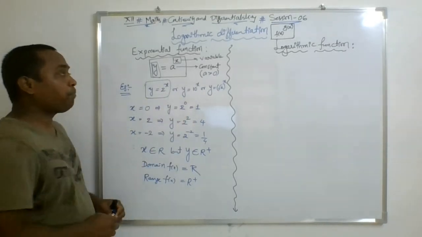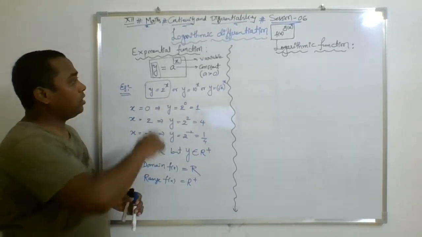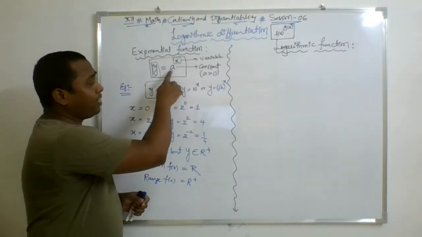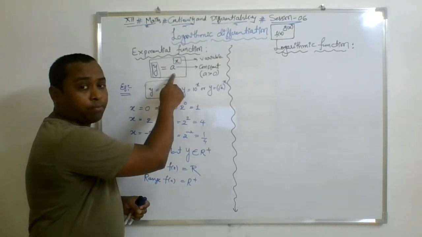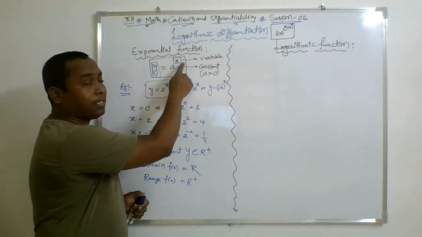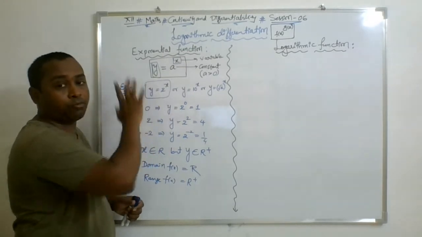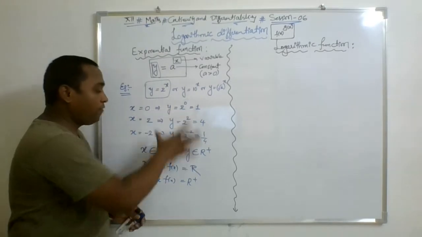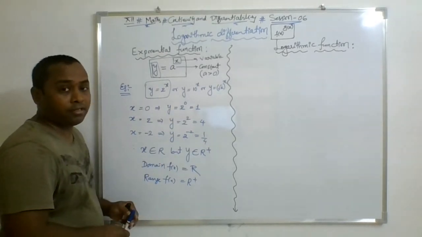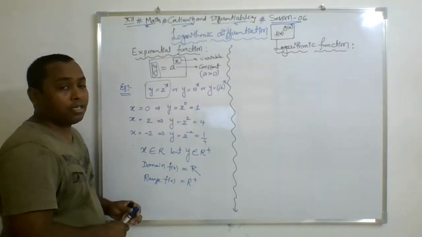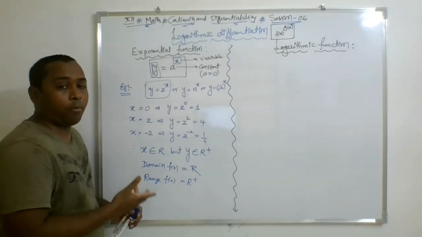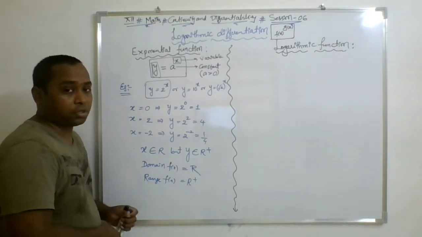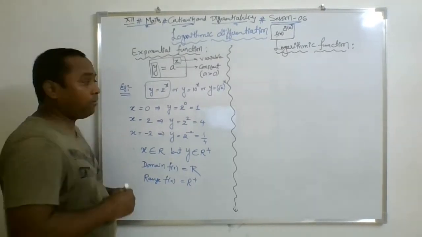In this manner, the exponential function is in the form y is equal to a to the power x, where a is a positive real number, that is, the base is a positive real number, x is any real number and y is a positive real number. The domain and range are this. So if you keep these small things in consideration, then we can easily define the common exponential function and the natural exponential function. And what is the common exponential function?